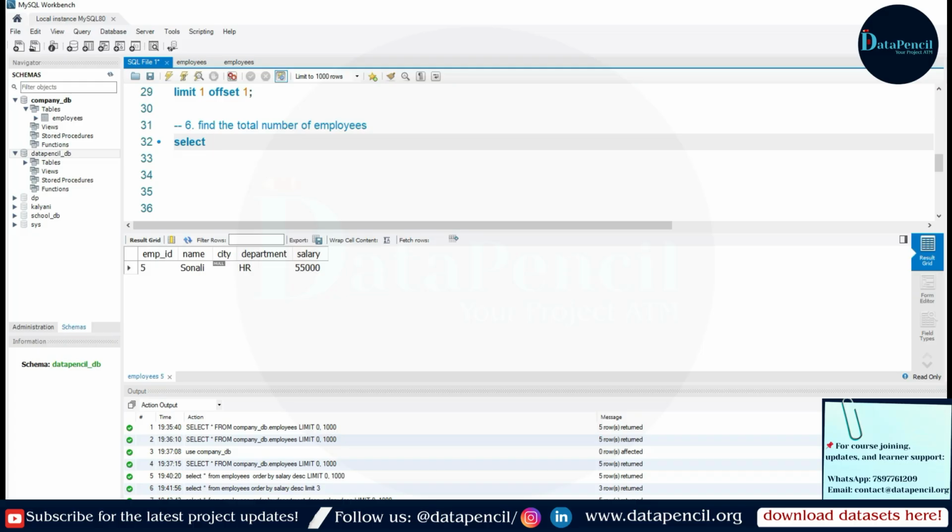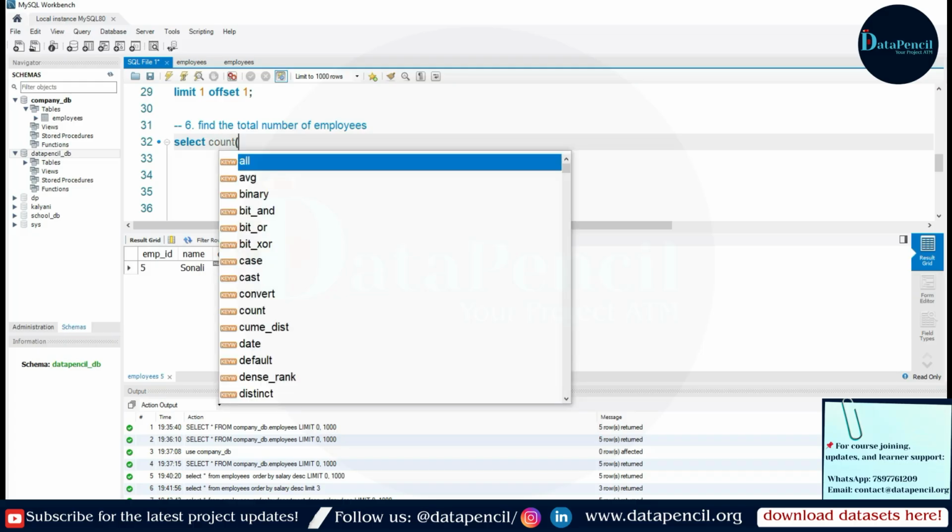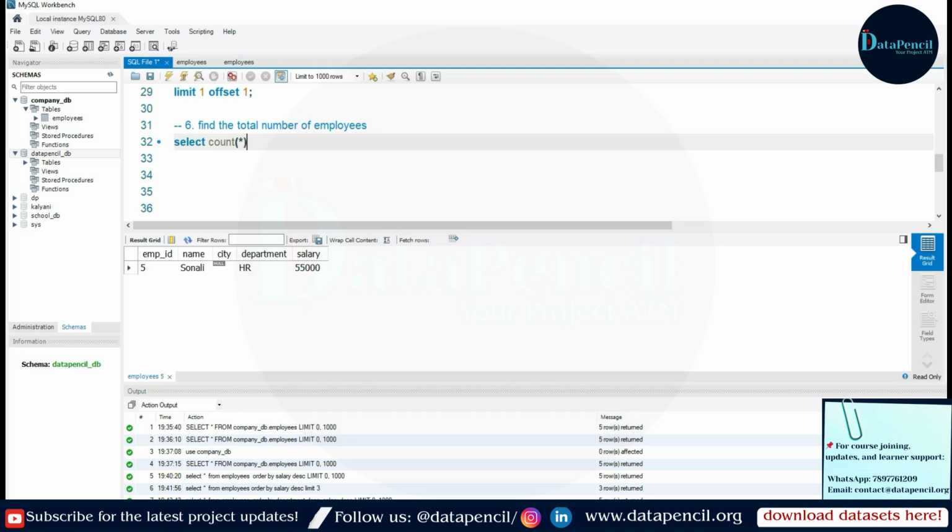We will write select count, and in this count we write an asterisk, which means count all rows. It doesn't matter whether it is null or not null, just count all rows. With count, this star means all rows. With select, the star means all columns.